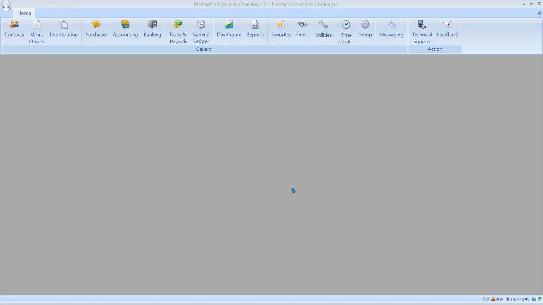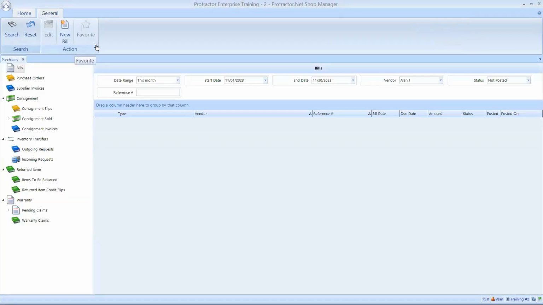In this session, we're going to show you how to clean up the purchases area of your accounting in your Protractor system. So from my home ribbon, I'm going to go to purchases. In here, you're going to find there's several areas. There's bills, supplier invoices,